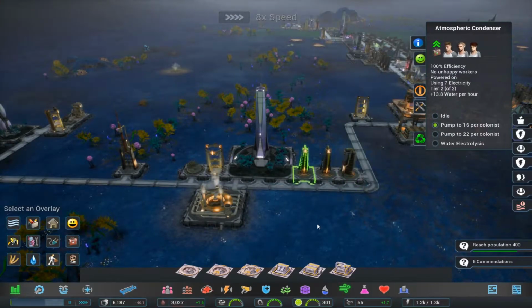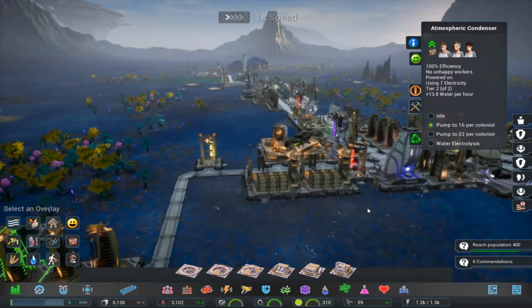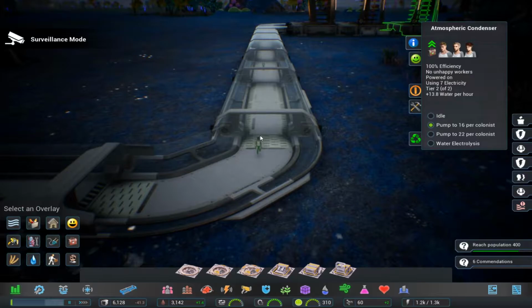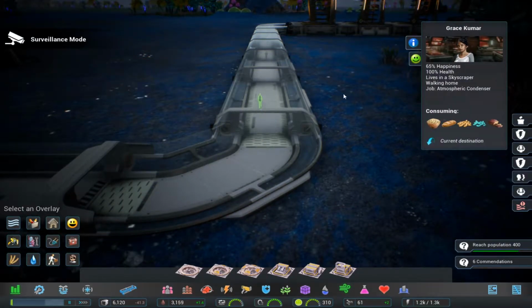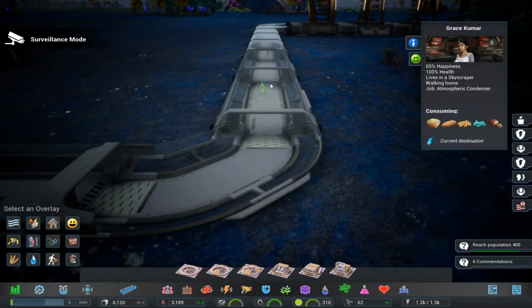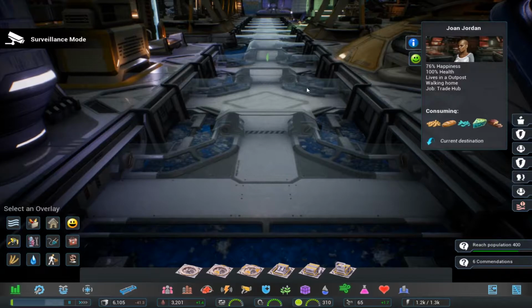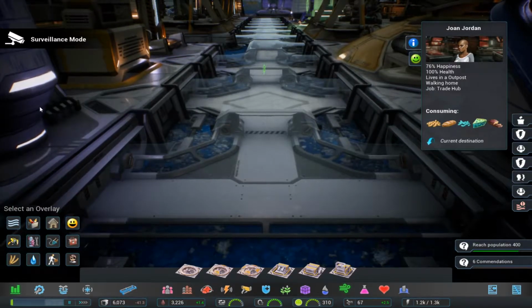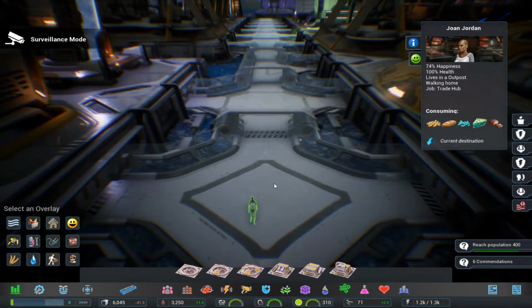So yeah, there we go. So it took a while, but they are filled up. I can't believe this, but this is something I actually haven't shown you guys yet. You can zoom in onto your people. There's a surveillance mode. You press C and it just goes around and you can click on your people and see what they're doing. You can't really move this camera around. If you move at all, it pops you out of it,